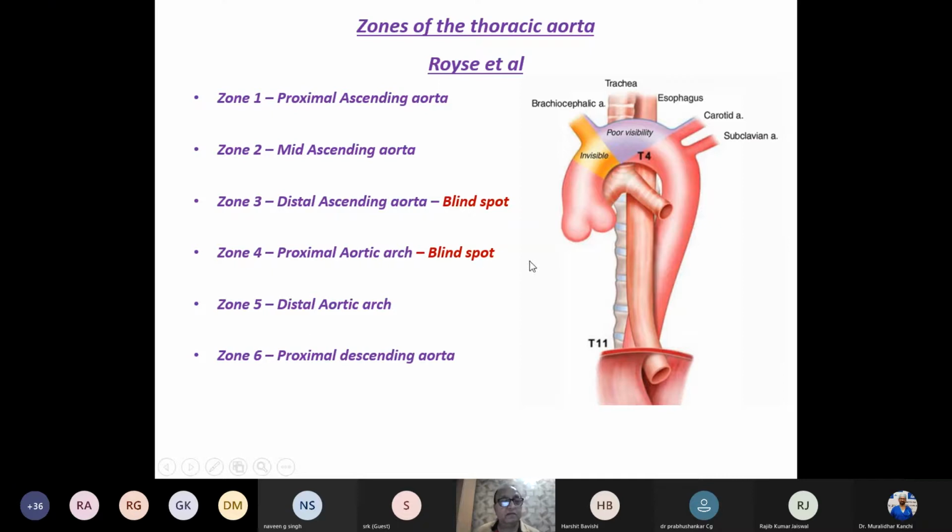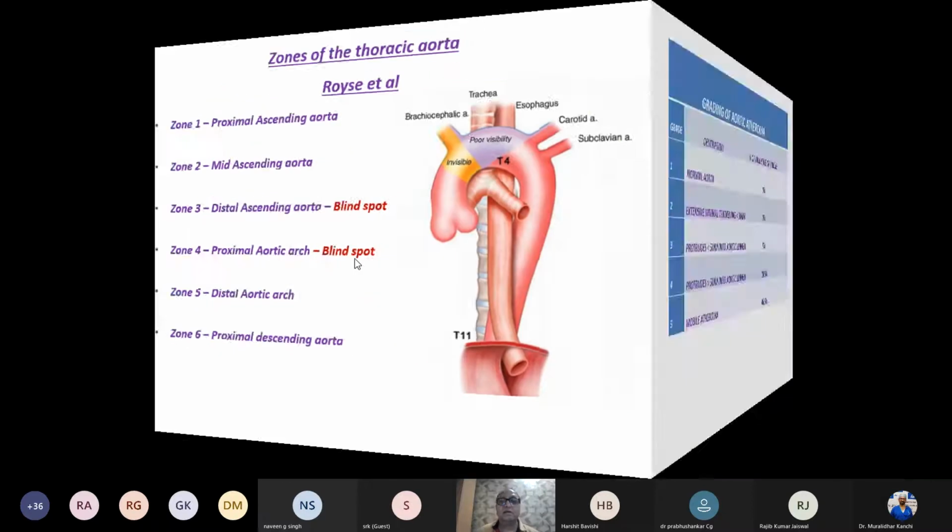Now, for example, if there are lesions in zone 5 and zone 6, I mean to say, any plaques, suppose grade 5 plaques, then it becomes mandatory for us to visualize or analyze the distal ascending aorta and the proximal aortic arch. If you don't see any lesions or grade 5 plaques in zone 5 and zone 6, then it has been recommended that it is not necessary to visualize or analyze the distal ascending aorta and the proximal aortic arch. I hope I'm clear regarding this.